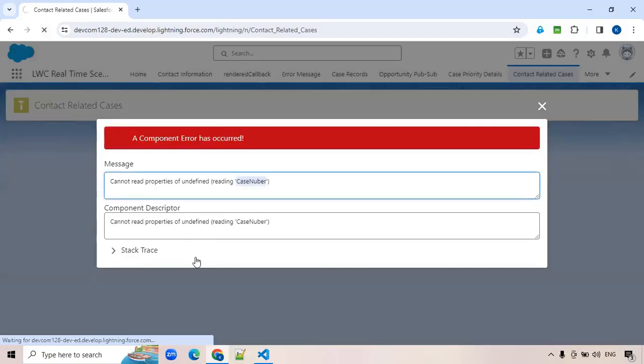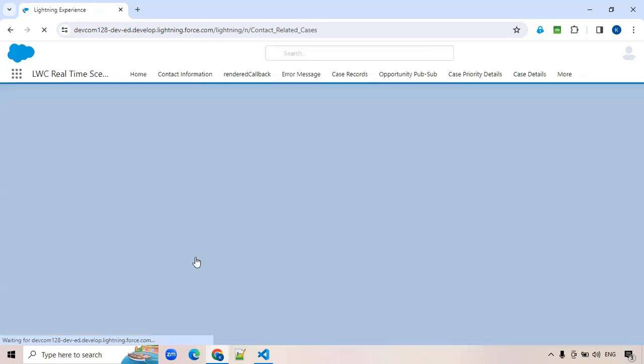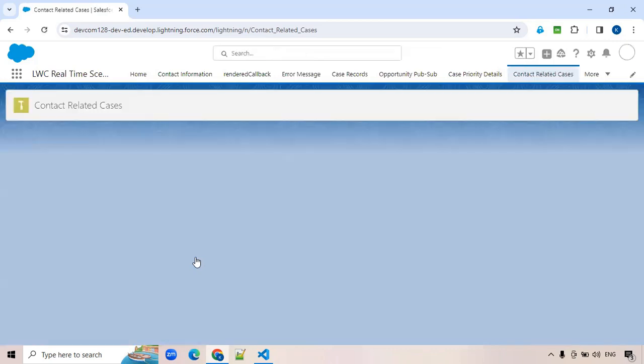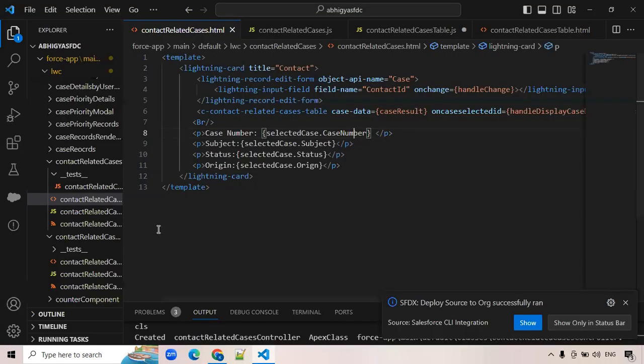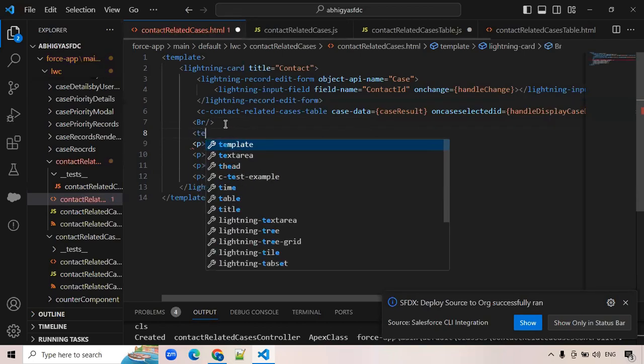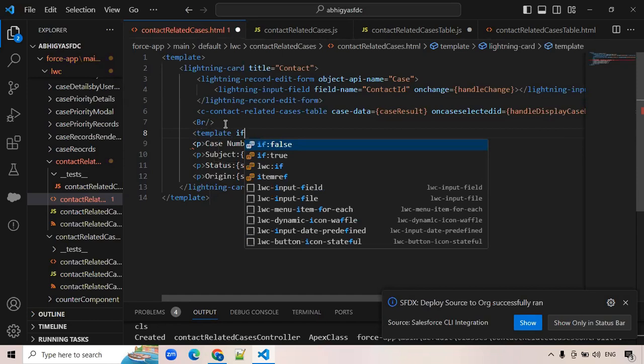So refresh the page. So case number is also showing the undefined property. Why? Because at loading time we don't have any data, right? So when the data is there only, we have to display,